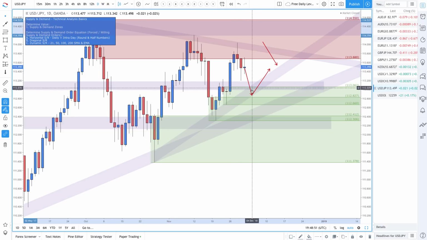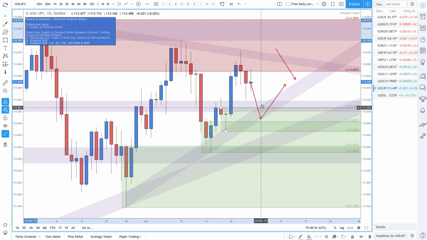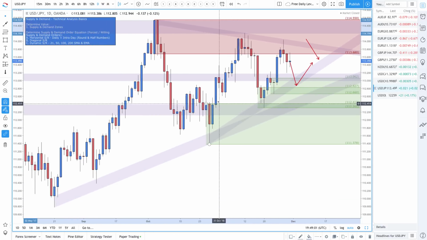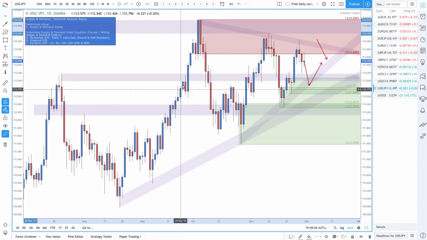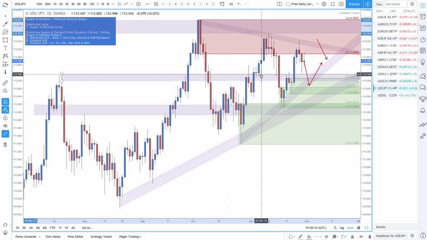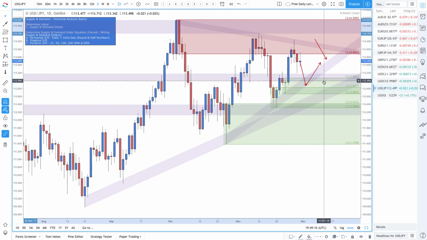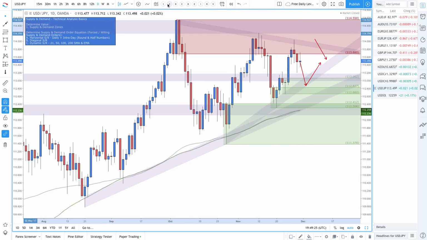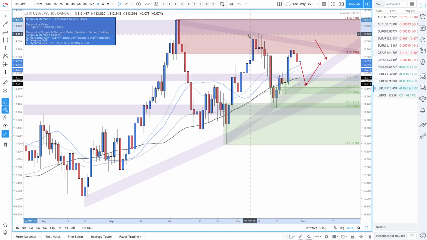If prices do come down into this area, I do like this area here, where you've got diagonal support, you've got horizontal support from this level here, where you've got a bit of resistance here. Prices didn't really react there, but then you had it here, then you had it here from this wick. You've got it bouncing off of here as well. So just at the top end of this 113 area price zone and this demand zone, you've got a cluster, quite a strong area. If you're looking at some dynamic support and resistance, you haven't got the 100 or the 200, but you have got the 50 moving average in this demand